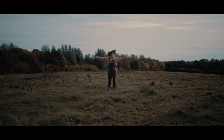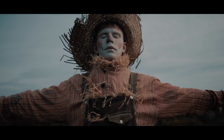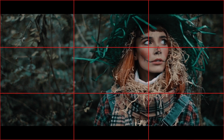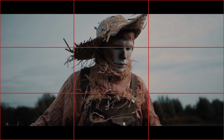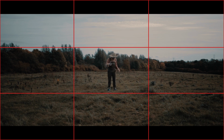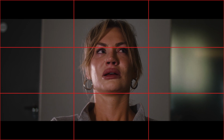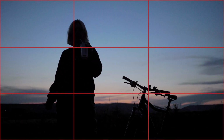I'm excited to share my top 4 rules and insider secrets for cinematic filmmaking. Rule number 1 is all about composition and the rule of thirds. It's a simple technique, but trust me, it's super effective. For those of you that don't know, the rule of thirds is a guideline that divides an image into 9 equal parts using 2 horizontal and 2 vertical lines. You place the key elements of your shot along these lines or at the intersections to create a visually appealing and balanced composition. Embracing this rule when framing your shots is a fantastic way to add a cinematic touch to